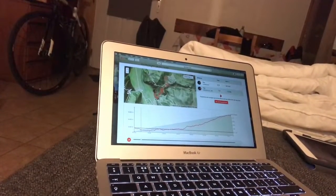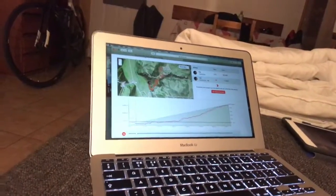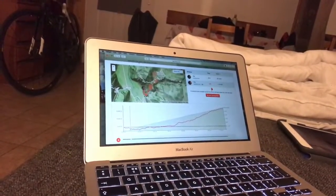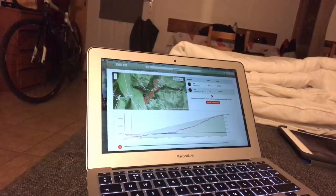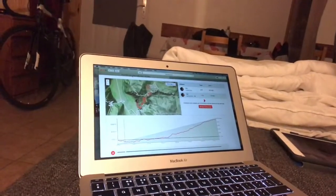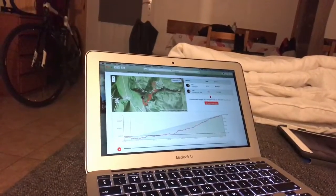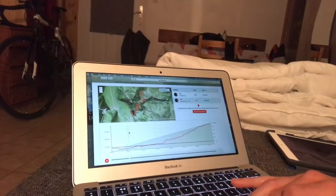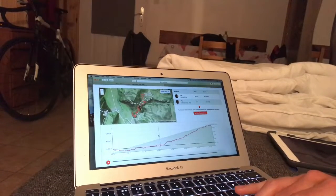is about halfway up. So I was going up at the very start, I was going up a little bit faster, then it sort of leveled off, and then halfway, all of a sudden, you can see the difference. So the black line is the pace I went up, or the average pace I went up last time, and about halfway up, you can see today's effort seemed to sort of drop off a cliff a little bit. So that's kind of where it went wrong, and if you move it along, it's about halfway up-ish. So you go through the first set of switchbacks, and then it's the next set of switchbacks. So somewhere along there,